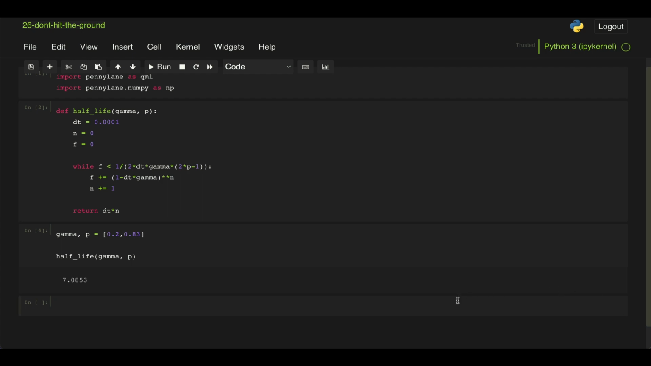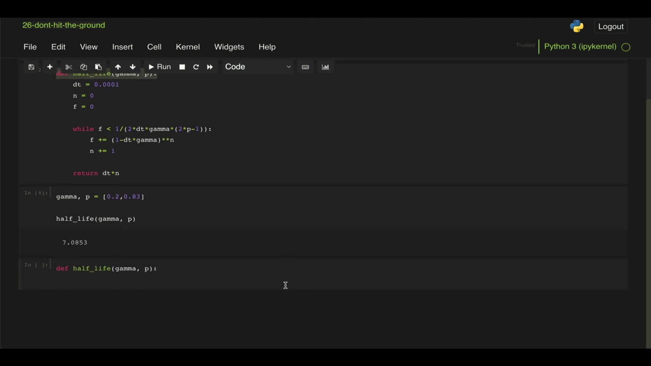So we're going to define this function again, half-life, and then we're going to define a device, and we have to use the default mix device for this one because we're going to be working with mixed states. Then we define our Q node, which we're going to call noise. It's going to take us an input gamma, p, delta t, and then n is the number of times we're going to apply the